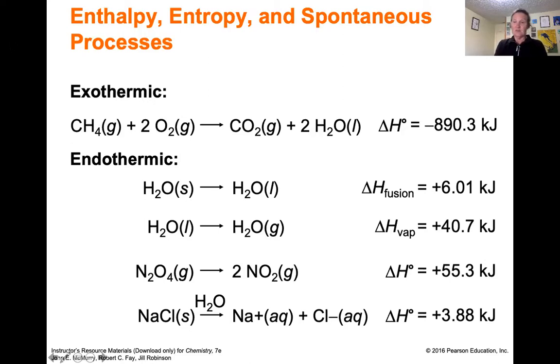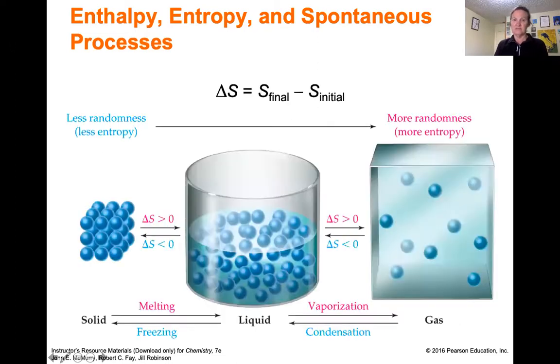Water can still vaporize spontaneously. That's also an endothermic process. N2O4 can form 2NO2, and that can happen at a certain temperature. So lots and lots of processes that are endothermic can be spontaneous. And so we need to think about what is the physics that determines if a process is spontaneous. And so we have to really understand the concept of entropy.